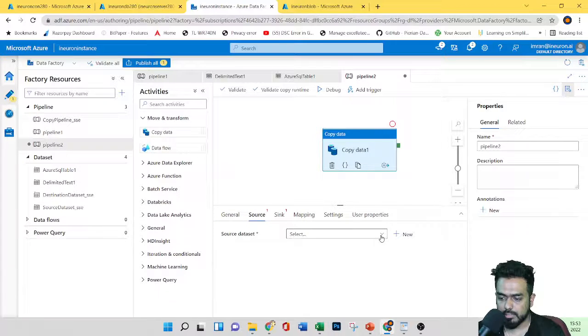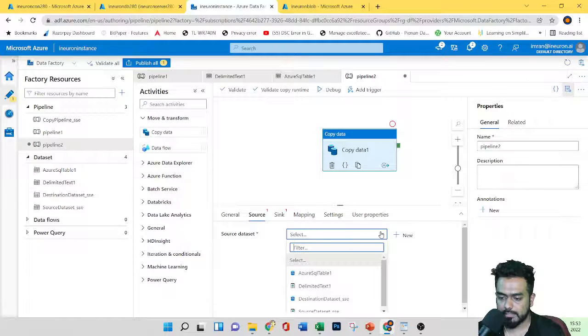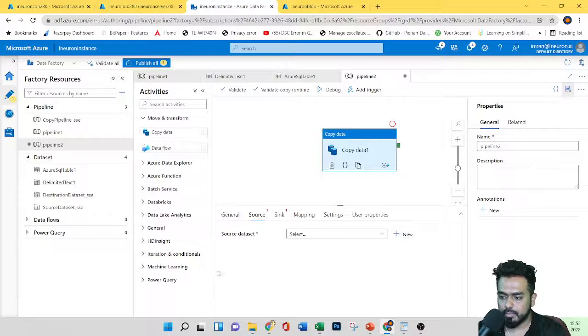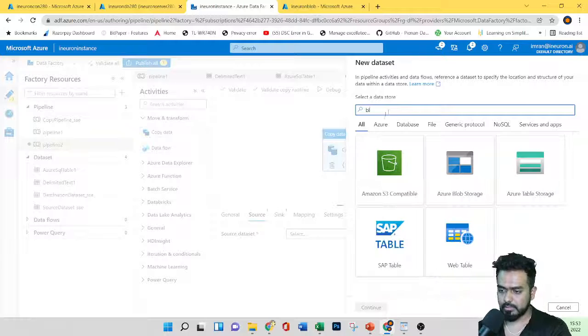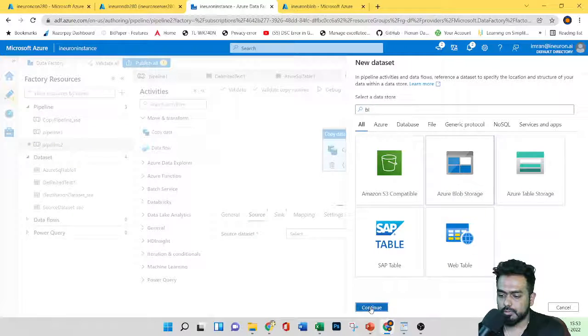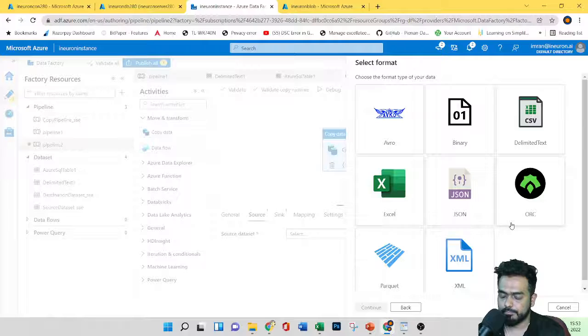Let's go to the source. Under the source, I can select the existing source here, or else I can create a new connection. These are steps I think you are familiar with, right? Azure Blob Storage, and it's a CSV file.